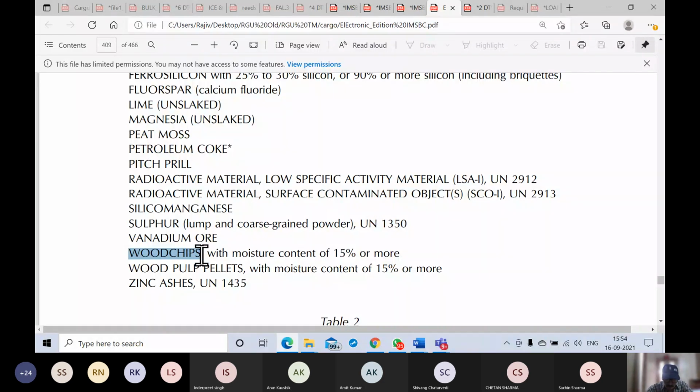What is it used for? It is manufactured wood chips. It is actually used to make pulp. Can you beat it? It is used to make pulp, which is subsequently rolled out into maybe A4 size paper, which you are using, or maybe your newspaper. Wood chips are the origin.